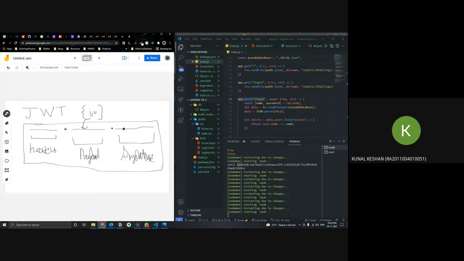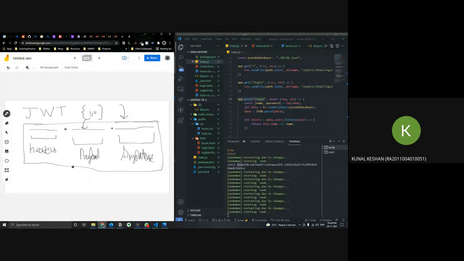Third one is a signature. Whenever a user logs in, we have to create a JSON Web Token, and we have to authenticate that this whole token is from our server. So we will have a secret key, also known as a private key. We will use that to authenticate this token. That token will be signed, and that signature will be attached to the end of the JWT